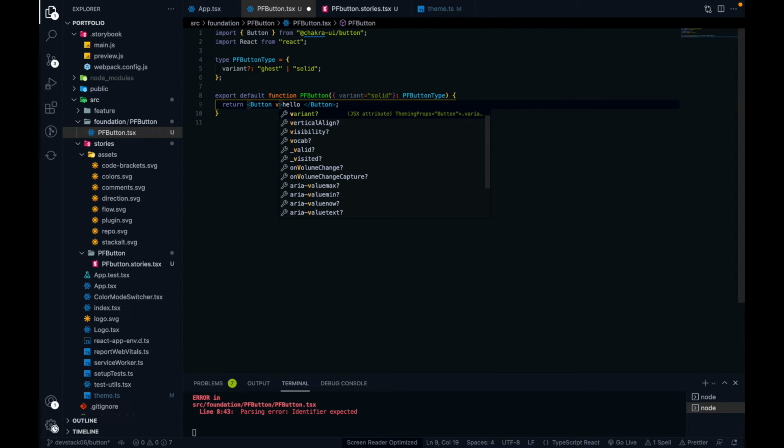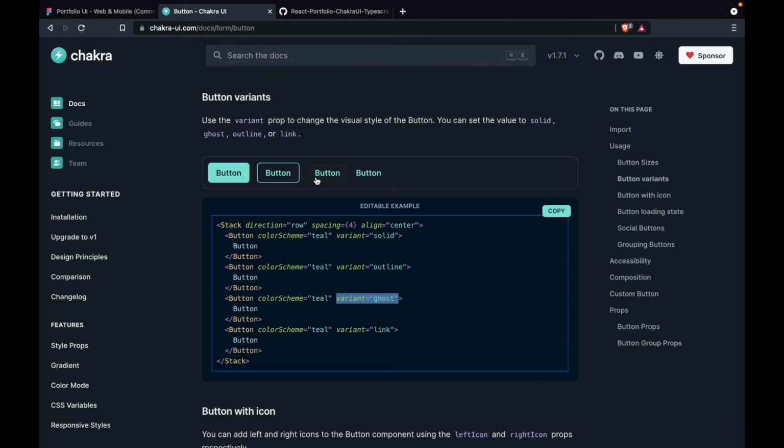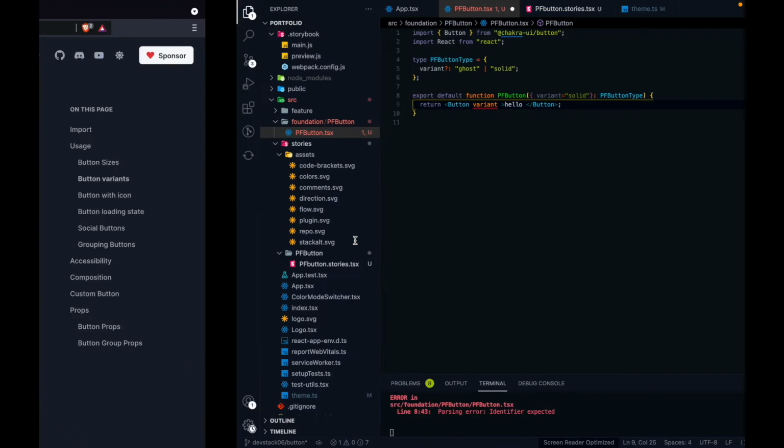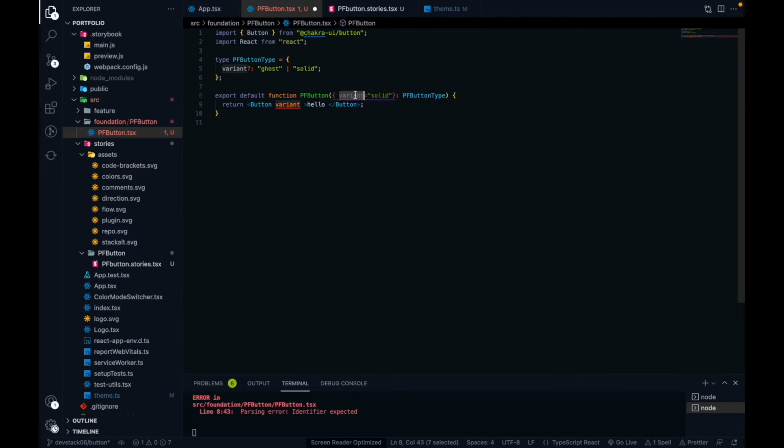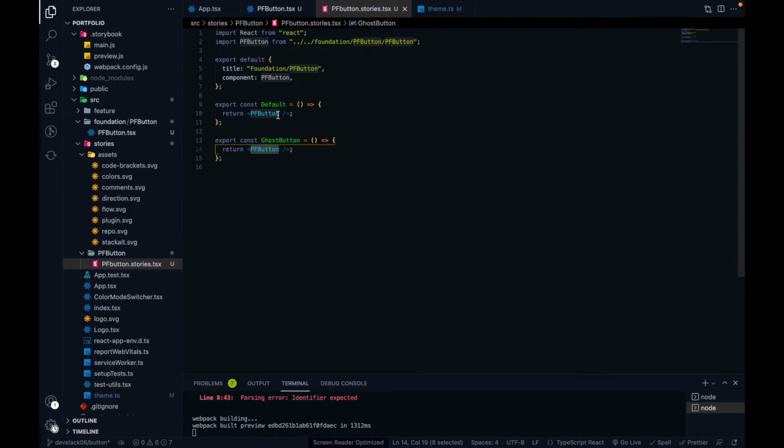So this button, we are using it from the Chakra UI. This button is a component from Chakra UI, and here we already have a variant props, right? As I told you, Chakra UI has a props called variant. So this variant which we are getting as a props from the PF button, we have to provide it over here. If we do not provide a variant, then it will be a solid variant. But if we use the variant as a ghost,